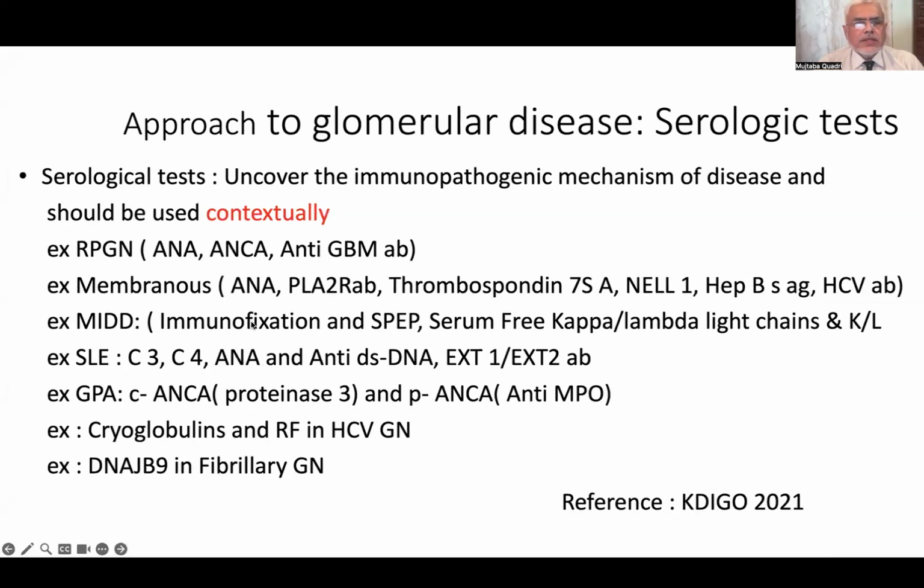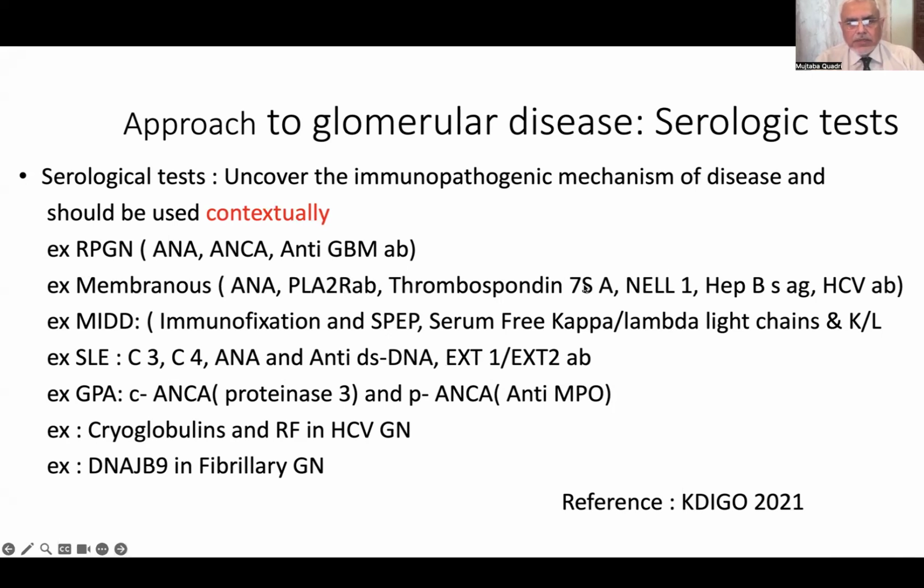So in general, for serological tests, one should uncover the immunopathogenetic mechanism of disease. They should be used contextually. For example, in RPGN, you would normally order ANA, ANCA, anti-GBM. In membranous, you can order ANA for secondary lupus-related membranous, but PLA2R antibody, NELL1, which is very common in our